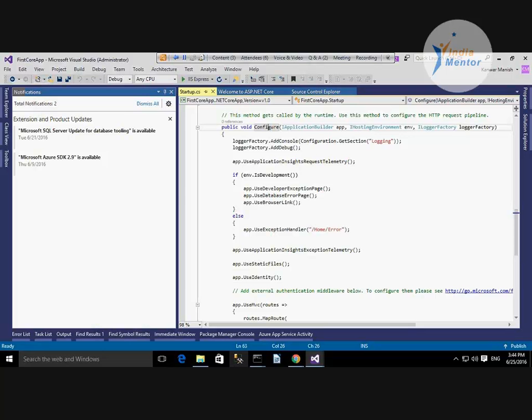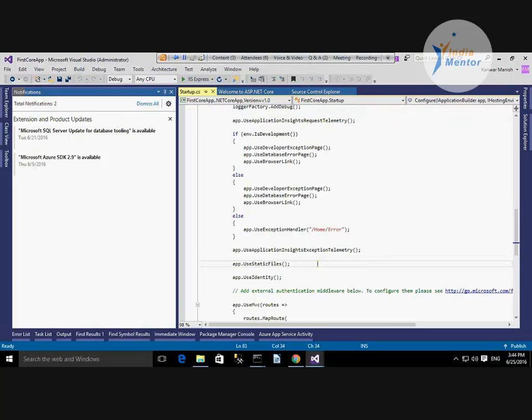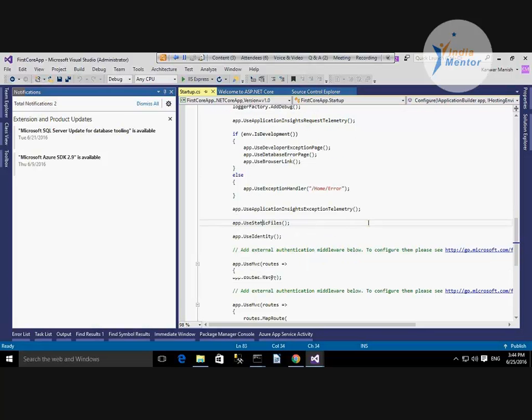There are different middlewares involved here. There are different MVC routes that you use. One of the middleware here is app.UseStaticFiles. What it does is, when a request comes through here, it sees if you are asking for a static file, which could be simply an HTML page or some image. It would simply return from this point, would not go through the rest of the code execution path, and return here.